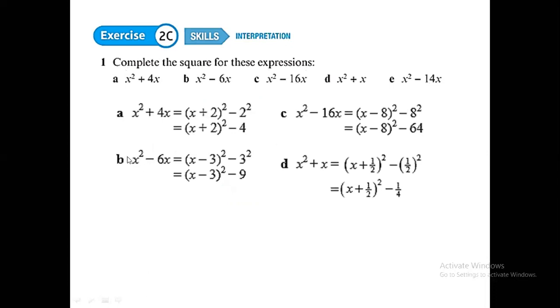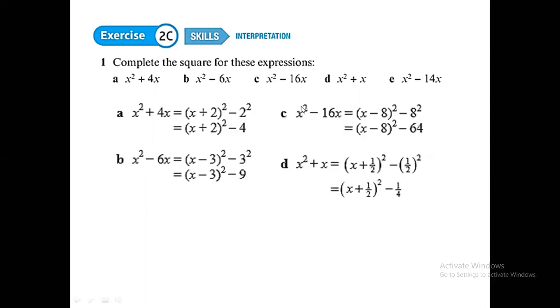This one, it's already 1, nothing to worry. Then take half of minus 6, which is minus 3. (x minus 3) whole thing squared minus the square of that number. Minus 3 squared: if you write minus 3 whole thing squared or 3 squared, you get the same answer. That is why they just write the 3 squared over here. But if you do it perfectly, it's better to put a bracket and write (minus 3) whole thing squared. Then the answer is minus 9, right?